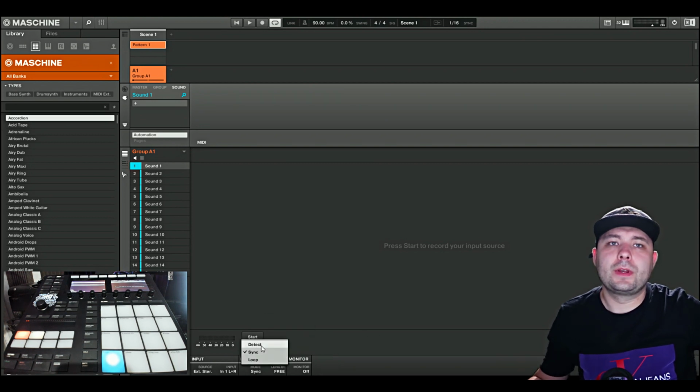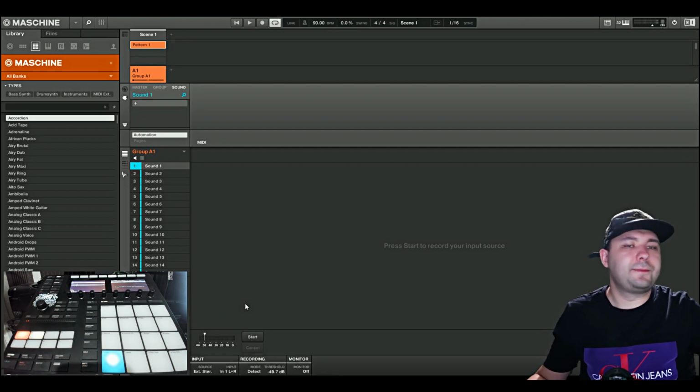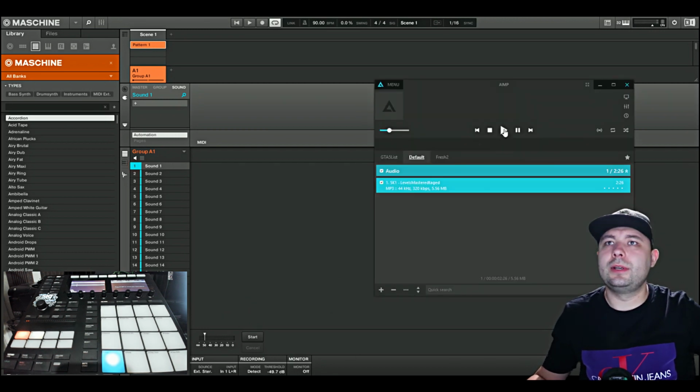This way it's not going to loop, it's not going to be 1 bar or whatever, it's going to be unlimited, so you can record, I don't know, God knows how much time, maybe 10 minutes or whatever. Detect, select here as well, as low as possible, so it can pick up straight away. So once that's done, when you play your media,